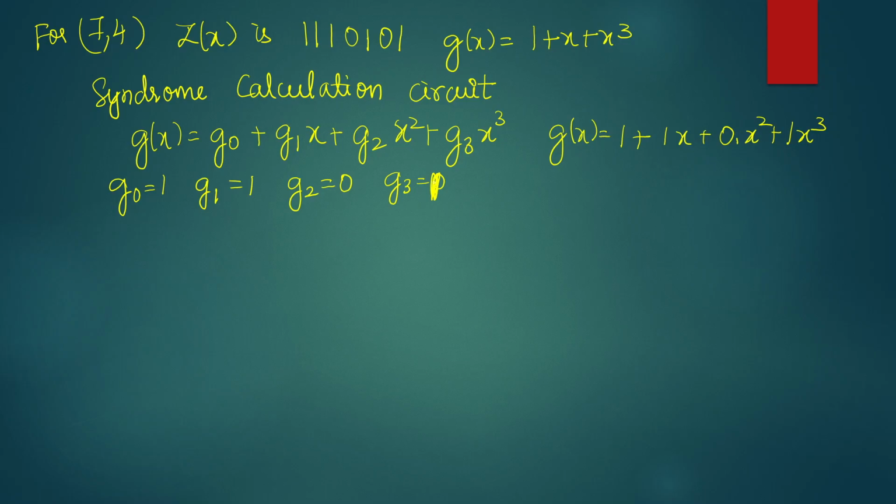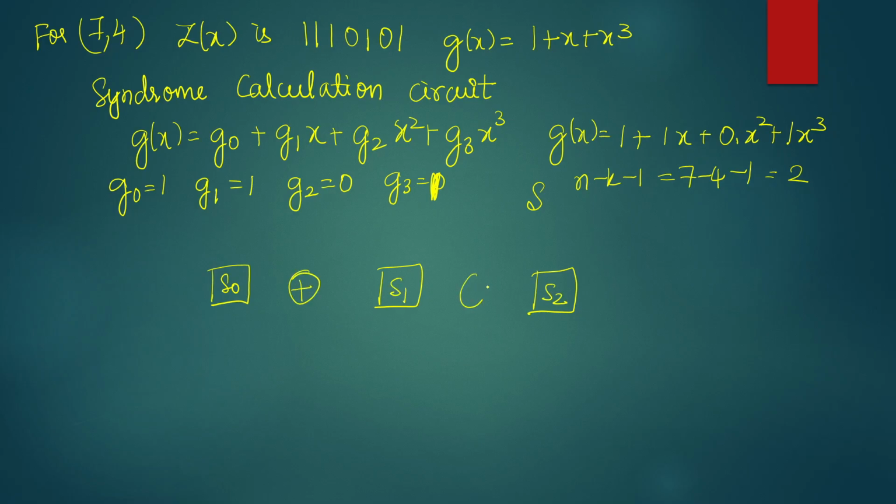So now we know that there are three non-zero quantities over here. To write this, as I know, the highest degree in the syndrome would be n minus k minus 1, which is equal to 7 minus 4 minus 1, which is equal to 2. So I would have three shift registers, S0, S1, S2. Always all the polynomials will start with x power 0. So S0, S1, S2. Here there would be a modulo 2 adder in the general case.